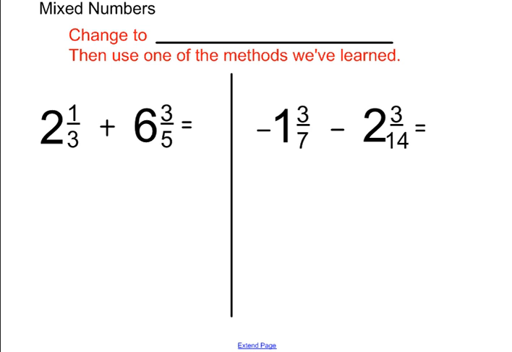So here we are now with mixed numbers that do not have the same denominators. So what we're going to want to do is we're going to change these mixed numbers into improper fractions. And this is actually, I think, the best way to do this. If I could go back to that first page where they had common denominators, I think this is a much better method. There's less room for